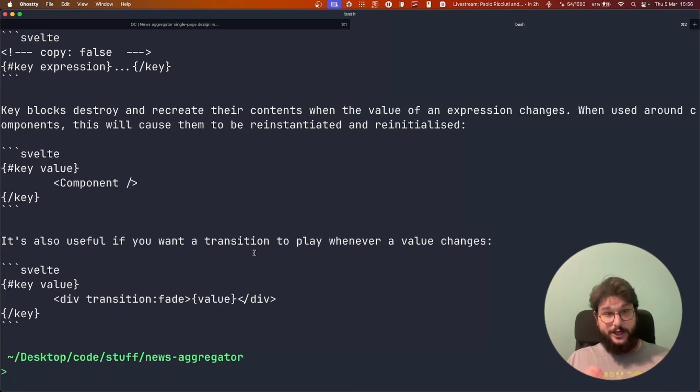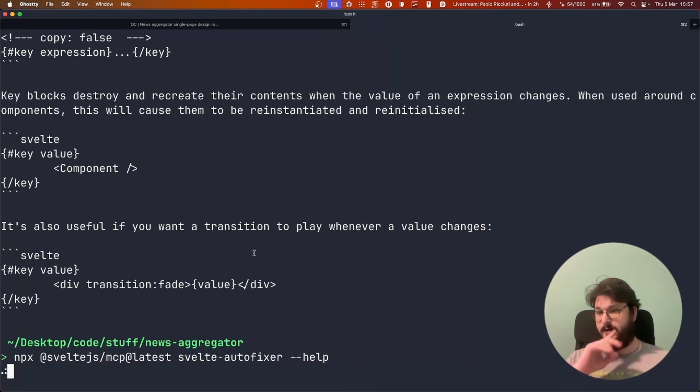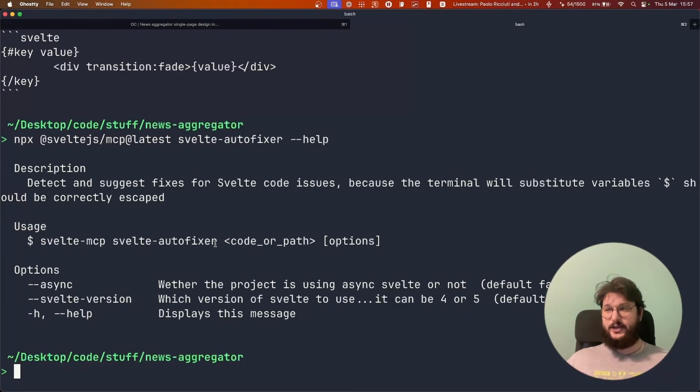However, there is a small issue here, which is how does the agent know that the CLI is available? How does the agent know how to use it? Because I can also use the autofixer. So like I can say Svelte autofixer, and if I do help here, you can see that I need to pass either the code or the path, and then I can pass the async if the project is using async, and the Svelte version. So technically, the agent could use the help function to learn how to use the CLI,